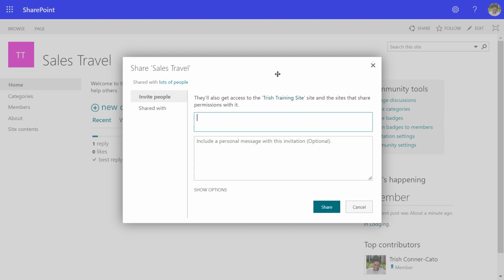And you also have the ability to come in here later and go to the shared with link to see who the site is shared with. So in this first box that it defaults to, you can enter people's names or their email address. Now, before that, it says they'll also get access, in my case, to the Trish training site. That was the original site, didn't do anything on it other than create our team sub-site and the project site, and now the community site based off of that. So